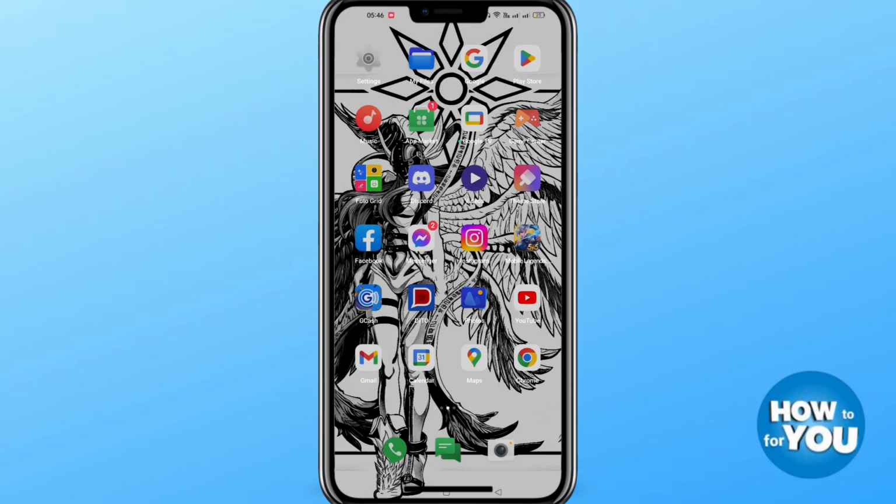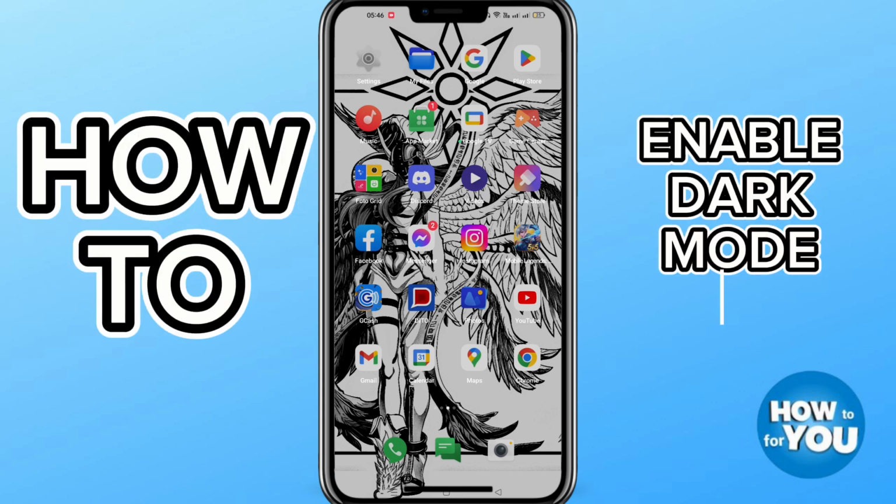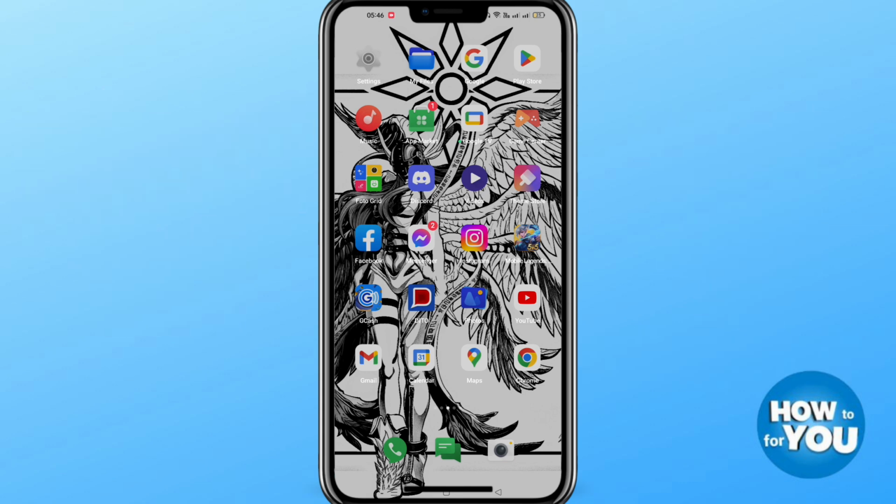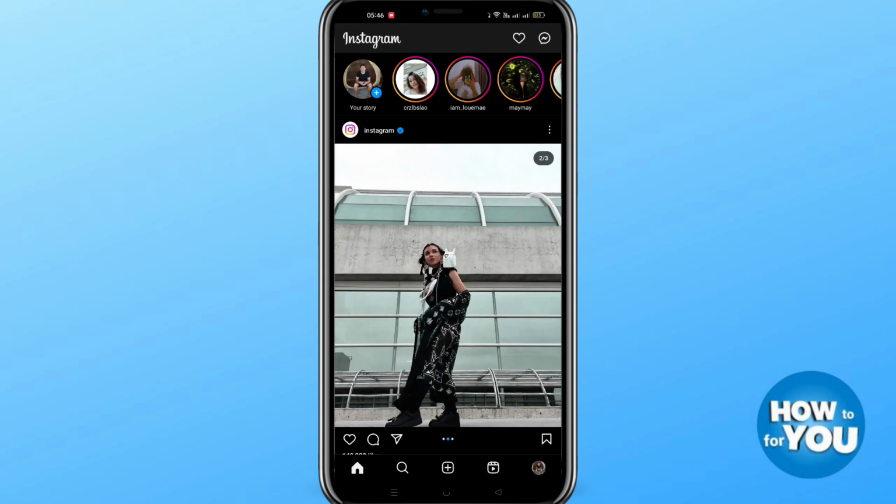Hi guys, for today's video I will show you how to enable dark mode on Instagram. So let's get started. First we need to go to the Instagram application and select your profile icon on the lower